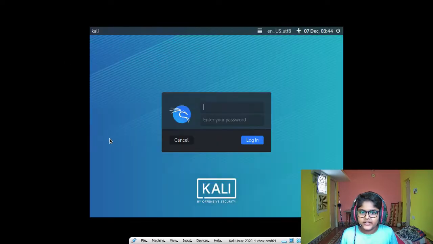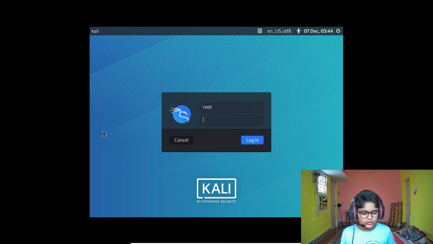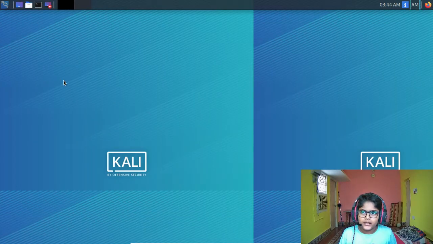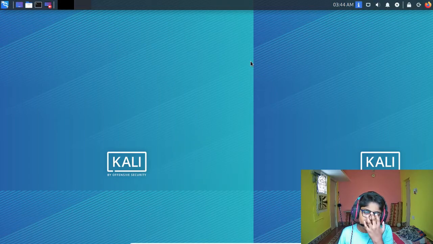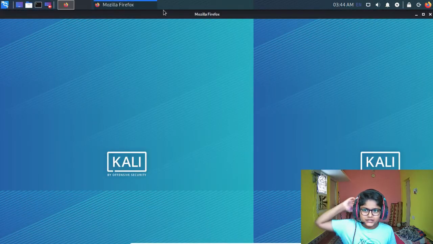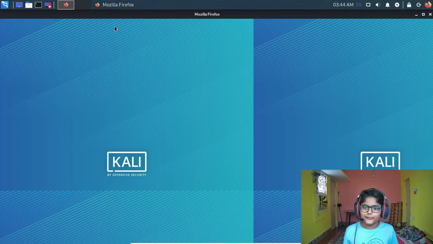So let's go to full screen mode, enter root and my password, and it loaded up, and we will wait for some time. The auto start problem is still there, I don't know.